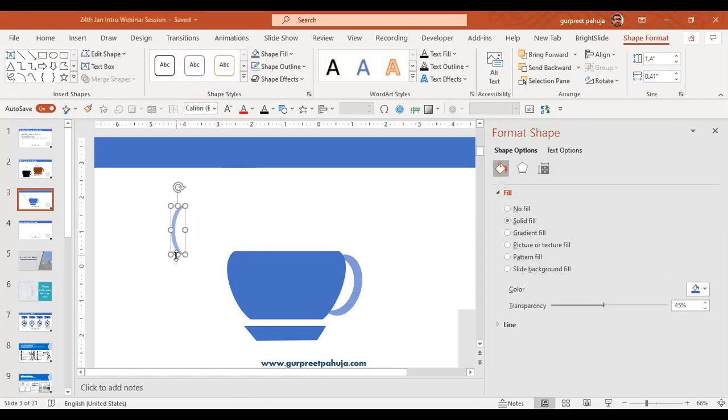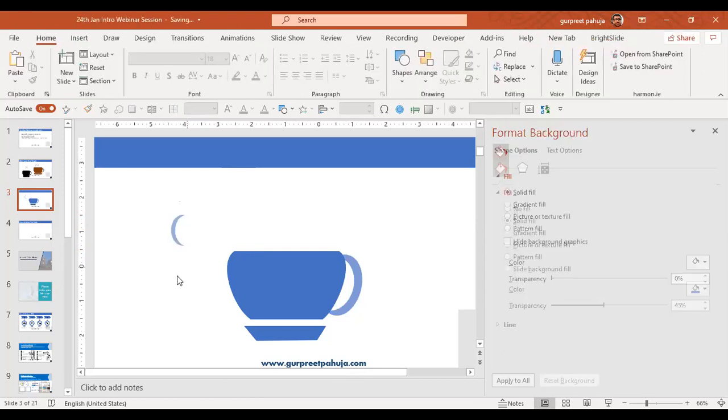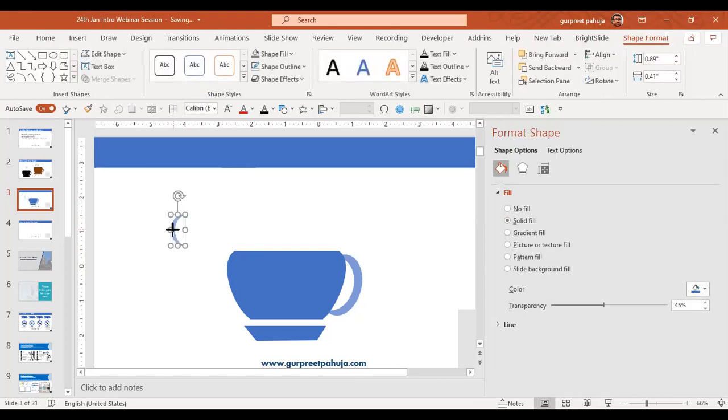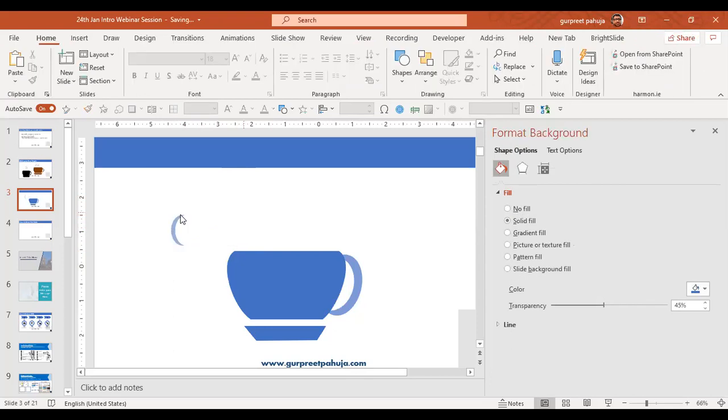I'll make it a little smaller by pressing Control and Shift. If you press Control and Shift, it will be evenly done. Sorry. What happened to this?